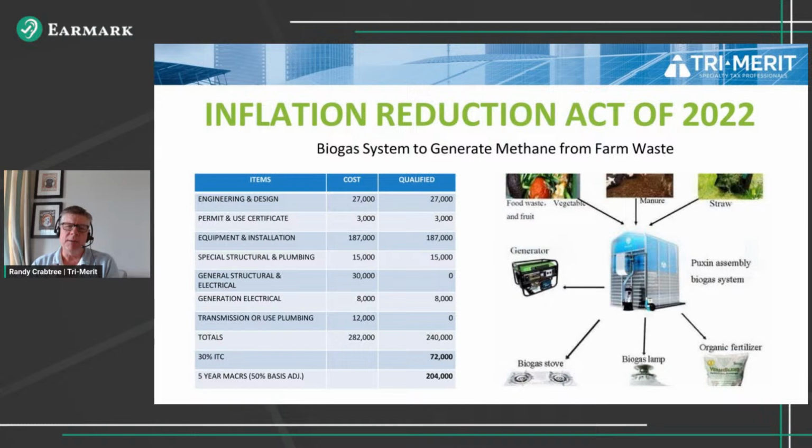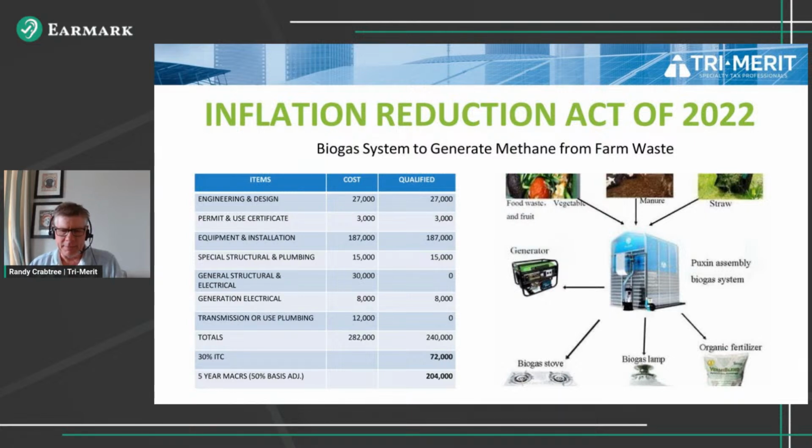So here's a quick example. Let's just use a biogas system. We're going to generate power from farm waste, and we have an investment going into this project. In this scenario, this is just an example, we have a total investment of $282,000. Now, this is the first point where I'm going to tell you how this ties in with something else. What we need to do in almost all of these situations is a cost segregation study,